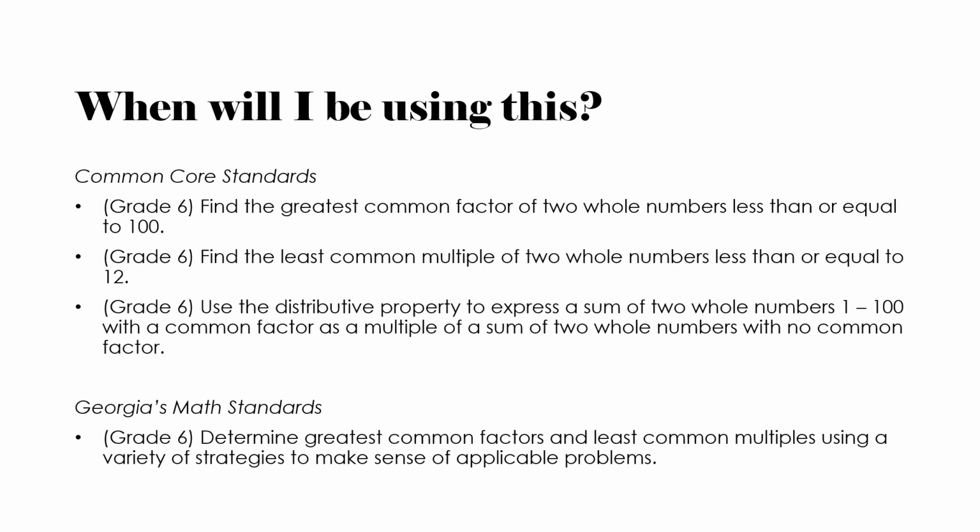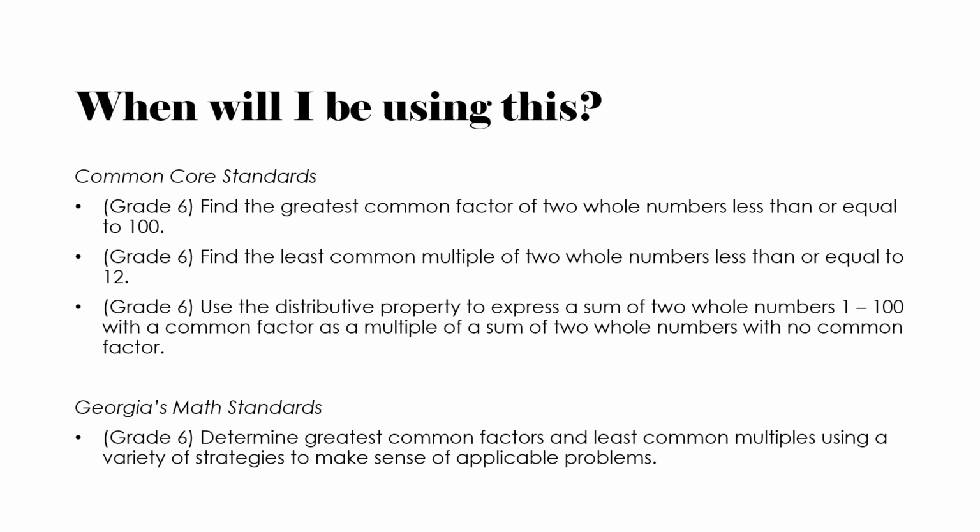Greatest common factor and least common multiple are found in the grade 6 Common Core standards and in Georgia's math standards. So in the Common Core standards, we see that in grade 6 students are expected to be able to find the greatest common factor of two whole numbers less than or equal to 100. They're also expected to be able to find the least common multiple of two whole numbers less than or equal